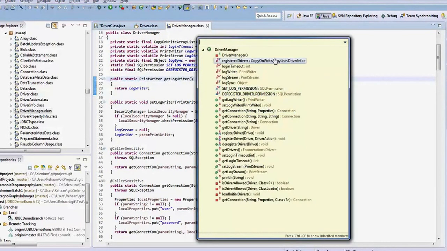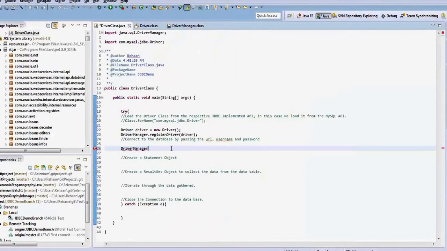Give me a second. So these are all the methods. All the methods you can see are static methods. The first method that we have used is the registerDriver method with one parameter. Now what we are going to use is the getConnection method with three parameters.